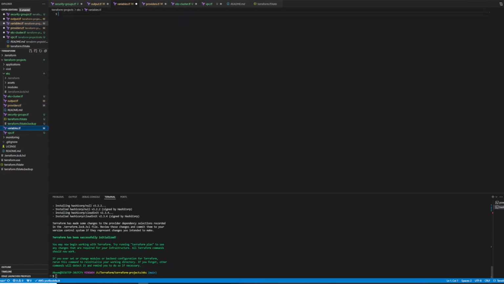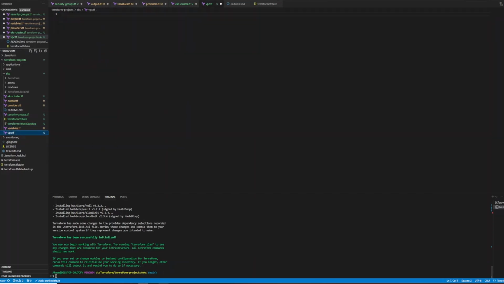Once that's done and saved, within the variables file, we need to define the Kubernetes version. The latest version at this time is 1.30, but I would recommend 1.29. Any less might be out of support by now or by the time you're watching this. Also need to define the VPC CIDR block and AWS region. The CIDR block is going to be the standard